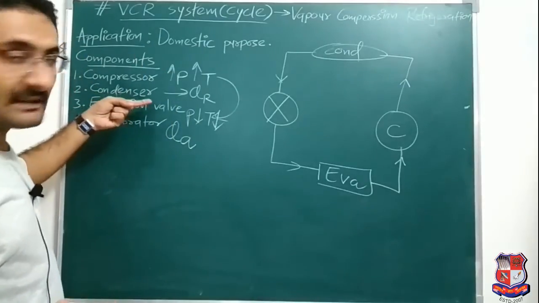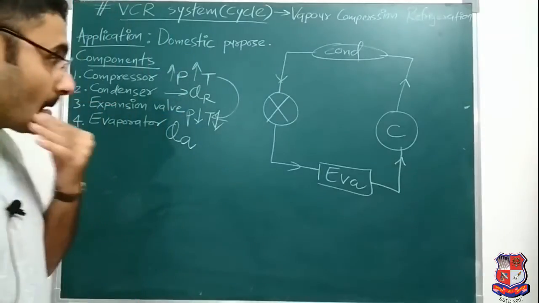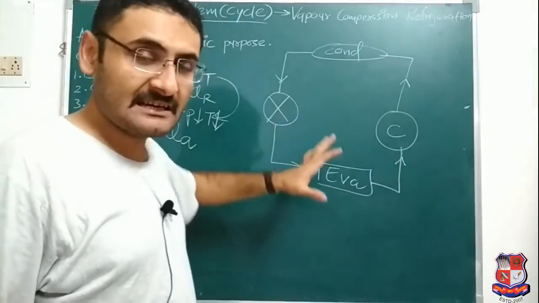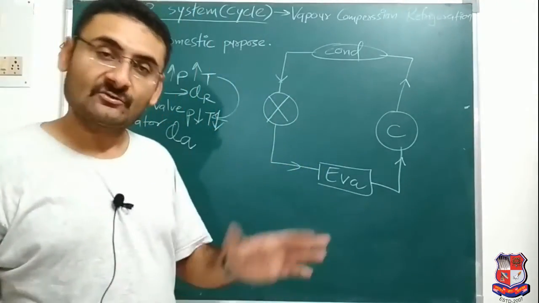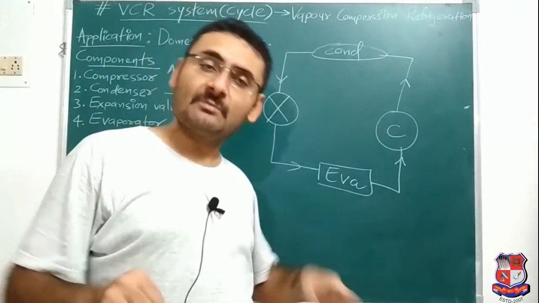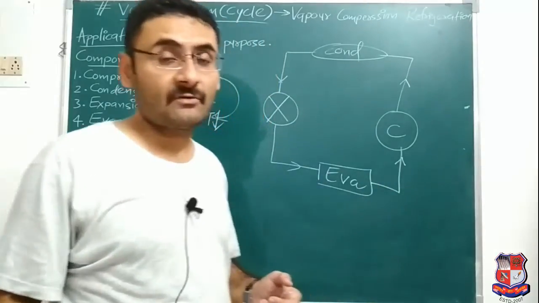And the condenser will do what? It will reject the heat. Now how will I start? First of all, what will we say? In the VCR cycle, first of all, which refrigerant is used? That is the important thing. Obviously, it is your primary refrigerant. Primary refrigerant means what? It is cooled by itself and then it will cool another thing. And those refrigerants are in the form of vapor.